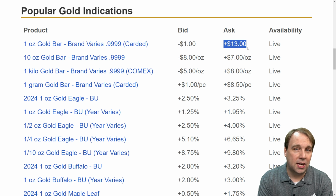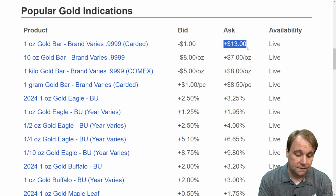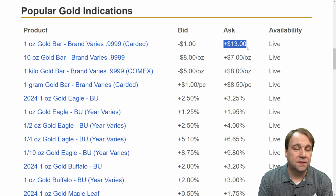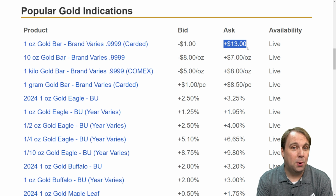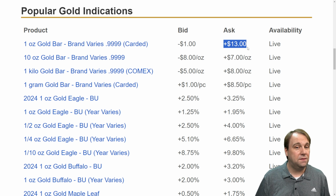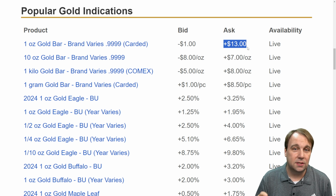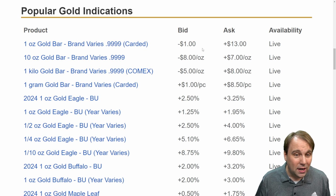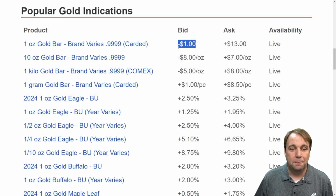Now, when we called those shops, the cheapest that we were offered, the lowest I should say, was $116.50 back of spot. So that shop, if they bought just 1 bar from us and then shipped it off, let's assume shipping and insurance was $15, they're still in line to just throw it in a box and make $100 off of your purchase. The shop that offered us $30 back, a little bit different, because if you figure in $15 plus the dollar back, $16, so they're in line, assuming there's no other fees, to make $14 per ounce on your gold bar